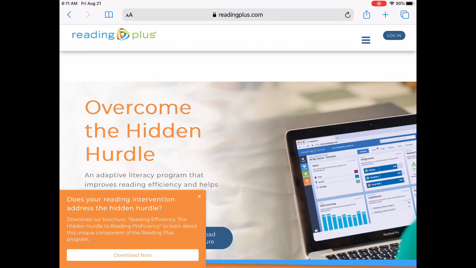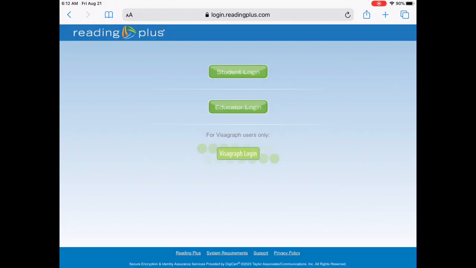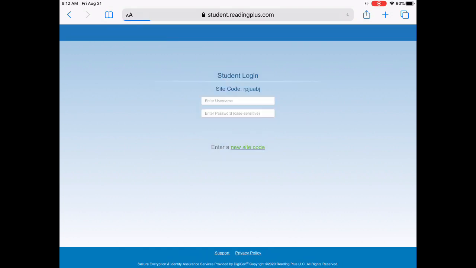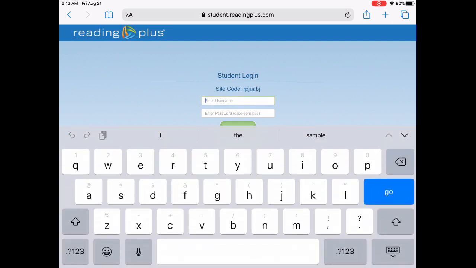When you first start Reading Plus, you're going to go to Safari on your iPad and type in readingplus.com. You can also go to this website on any device that's connected to the internet. Make sure you hold your iPad sideways or horizontally so that the login button shows in the upper right hand corner. You'll click login and you'll choose student login, and your username and password will be given to you by your teacher. Most likely it will be your first name dot last name,